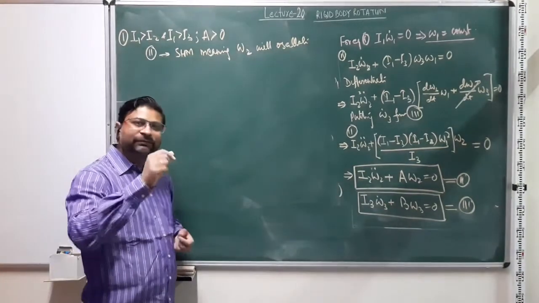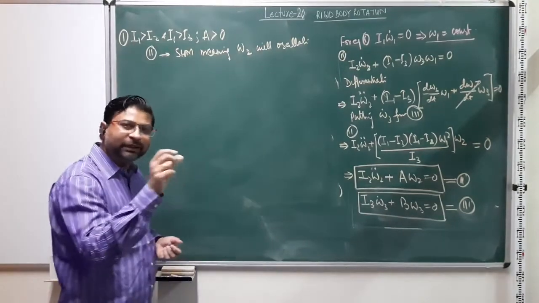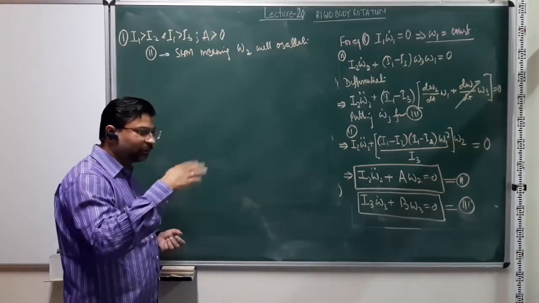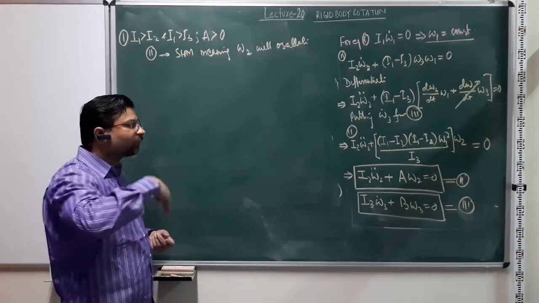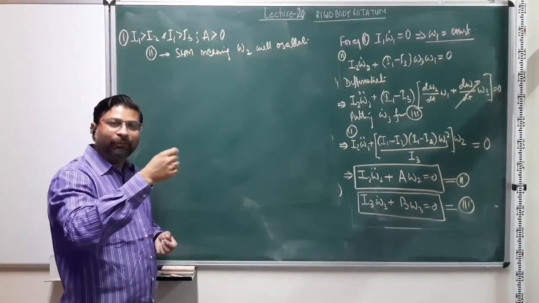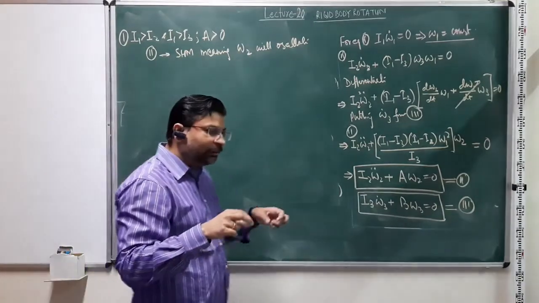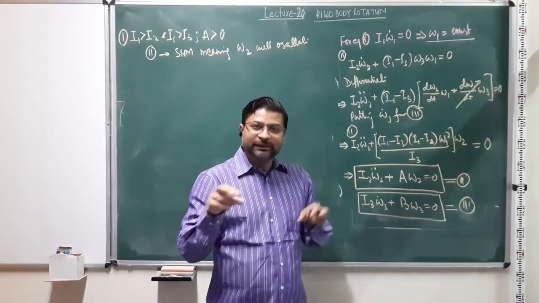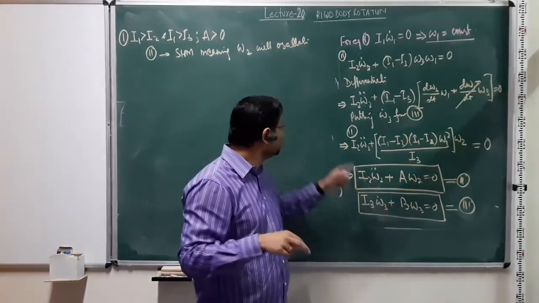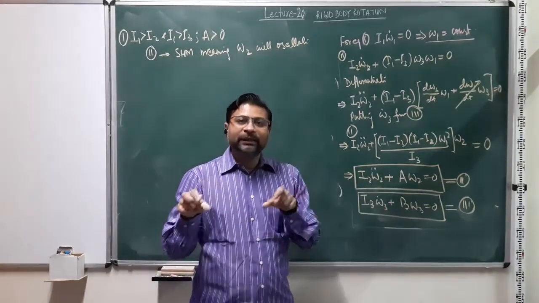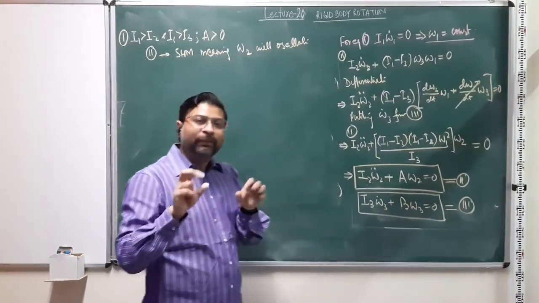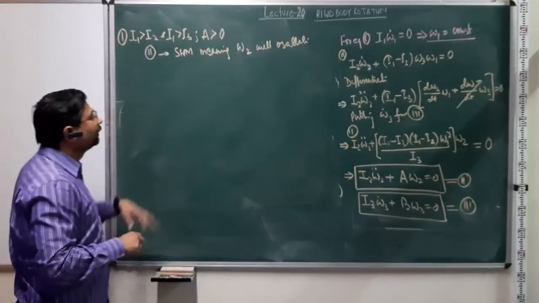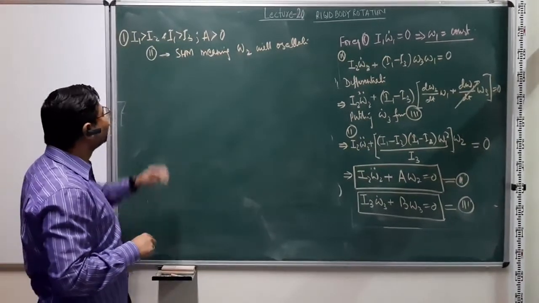So, since omega 2 is very, very small, there will be an oscillation of omega 2. That means the frequency, or the speed of rotation about the second principal axis, will change, but it will be within a bound, right? So the system will show perturbation, will keep on doing motion about that second and third axis, and this will also hold for the third axis. However, the primary motion will still be along axis number 1, right? The axis 1, that is I1.